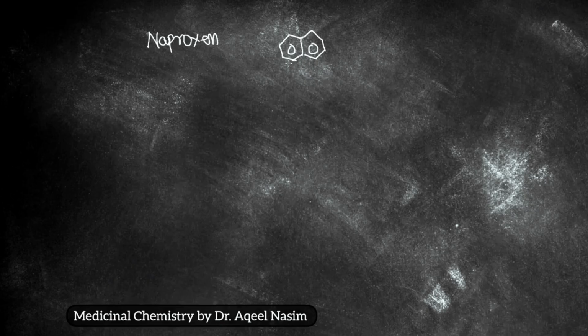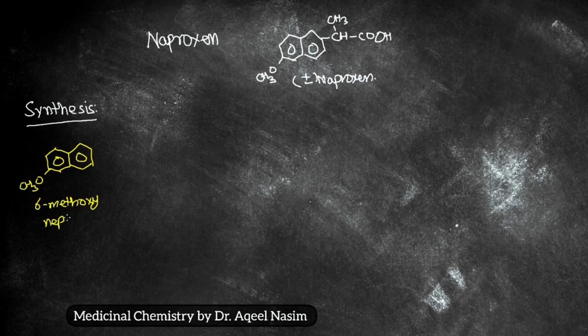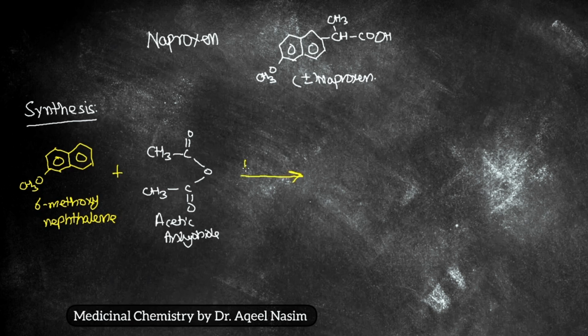Today we are going to discuss the synthesis and the steps involved in the manufacturing of naproxen in medicinal chemistry. Here is the basic structure of naproxen. It has two enantiomers, plus and minus. Now let's discuss the synthesis. The first step in the synthesis of naproxen is 6-methoxy naphthalene along with acetic anhydride,